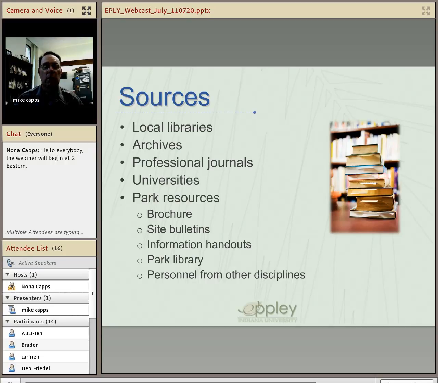Talk to other interpreters. You can benefit from their experience. But you do need to be a little bit careful about that sometimes, because sometimes things get incorporated into interpretive programs at parks, not necessarily because it's the best or most accurate information, but because it's information that's been repeated the most over the years. So you want to be careful of those kinds of things, and especially if you're in a position where you are evaluating the overall park interpretive program, you want to be aware of those kinds of things,